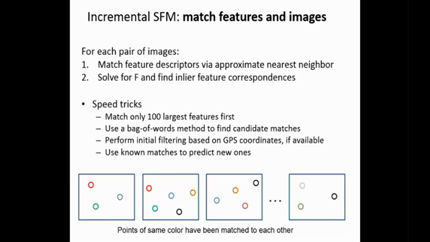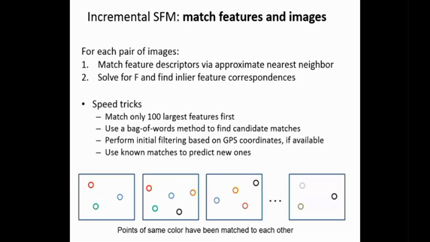So then you want to try to match features in images. At this point, you've got a whole set of images, with features for every image. You have no idea how the images are related to each other. So the first step is to find some correspondences between the images. So for every pair of images, you